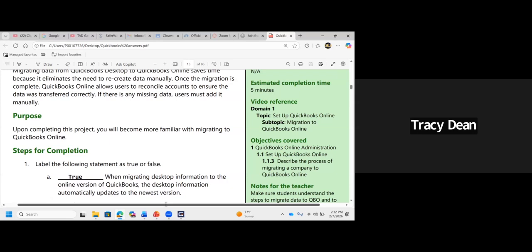So when they say automatically update, if the newest version is QuickBooks Online, it goes there. If it's QuickBooks Plus, it goes there. If it's QuickBooks Advanced, it goes there. But you understand that? So it updates to the newest version. Now,